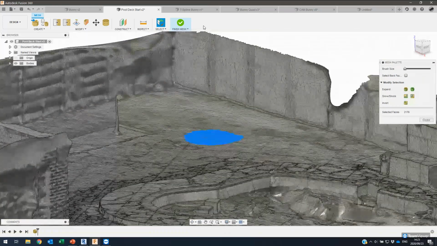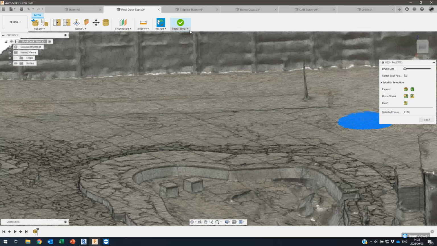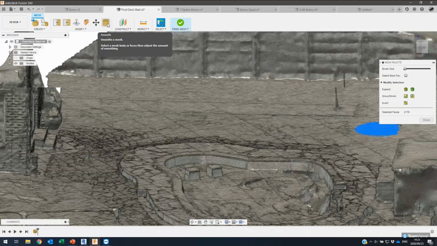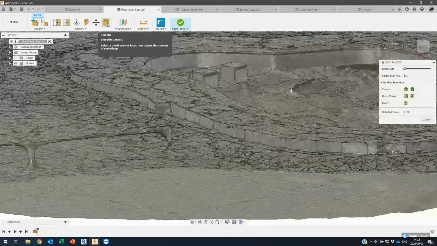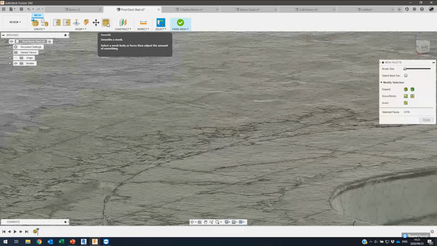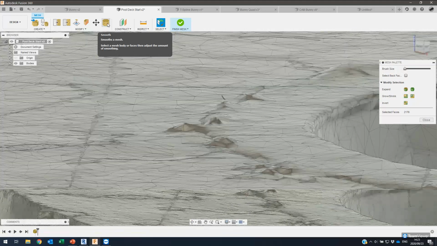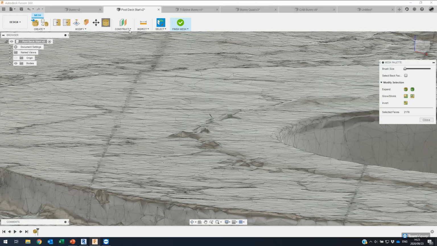So you're able to quite easily remove details that might be anomalies in the scan, but also details that are not required for your specific design. One of the other tools that I looked at was Smooth, and Smooth allows you to essentially go in, you have a look here on the surround around the pool. We can see that that looks quite bumpy. If I remember correctly, I had quite a few weeds growing around the pool at this time. So we can smooth that mesh out using the smooth option